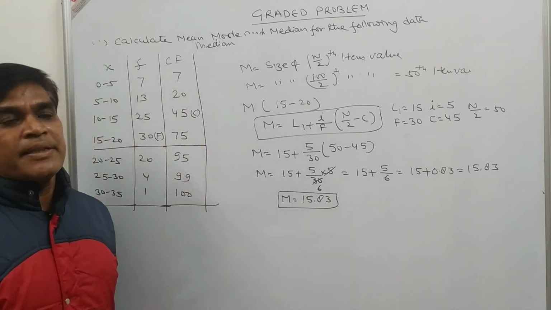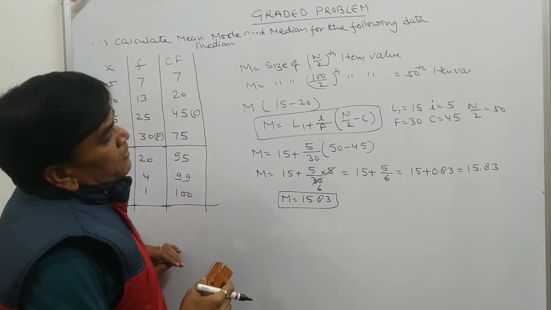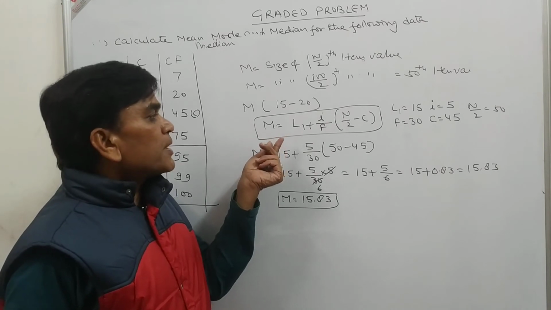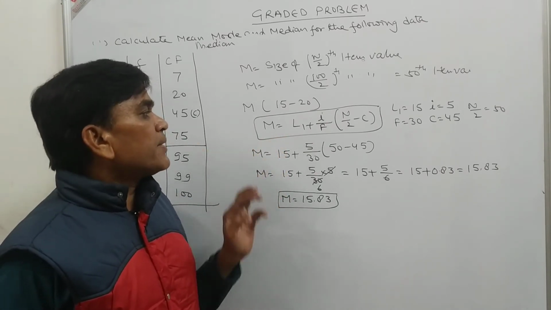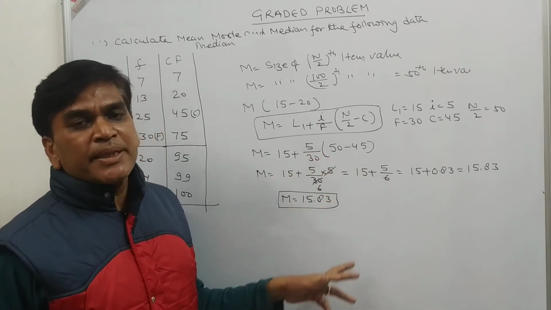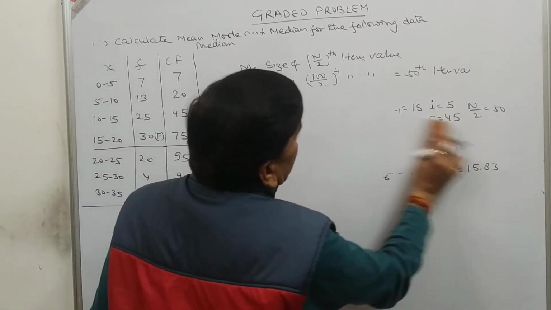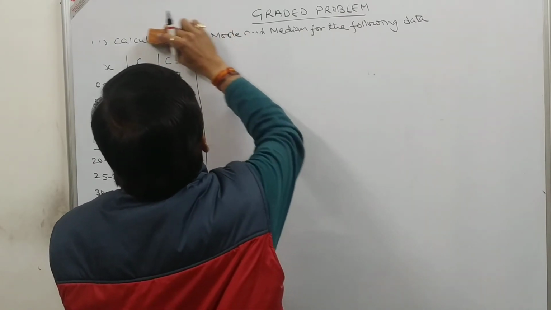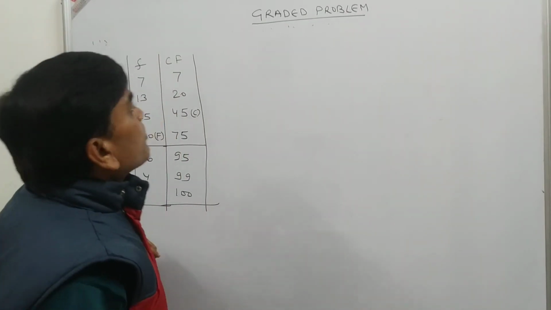This is the second calculation, the calculation of the median value. It's very simple. We just have to apply the formula for the median, L1 plus I upon F times (n by 2 minus C), put in the values of L1, I, F, n by 2 and C, and by calculating we get the value of median. Now last, what we have to calculate is the arithmetic mean. So now we have to calculate the value of mean.